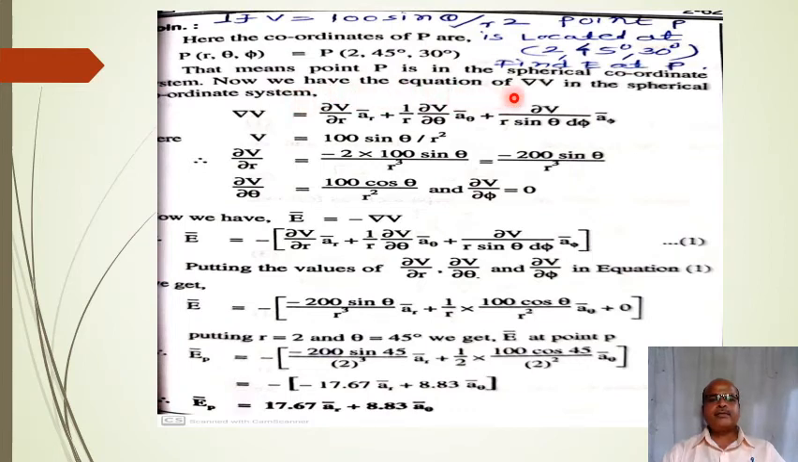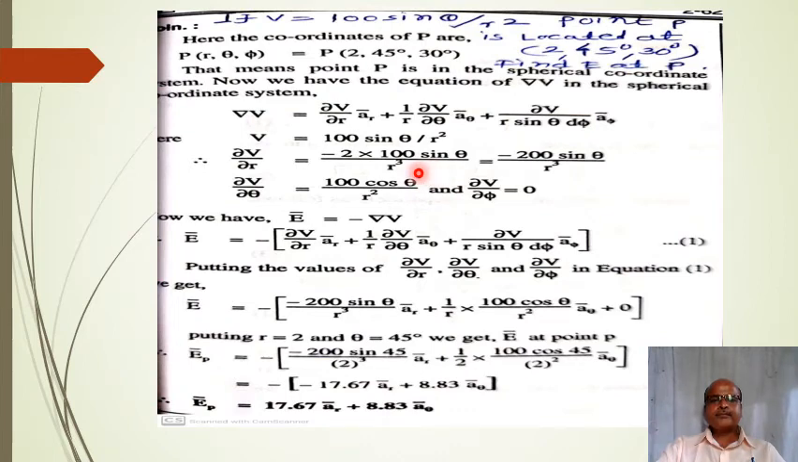Now we have the equation for del V in the spherical coordinate system, that is del V is equal to del V by del r a r bar, plus 1 upon r del V by del theta a theta bar, plus 1 upon r sine theta del V by del phi a phi bar. Here partial derivative del is required, not d phi. So for del V by del r, take the partial derivative of V with respect to r. If we take the partial derivative of 100 sine theta upon r square with respect to r, then we will get